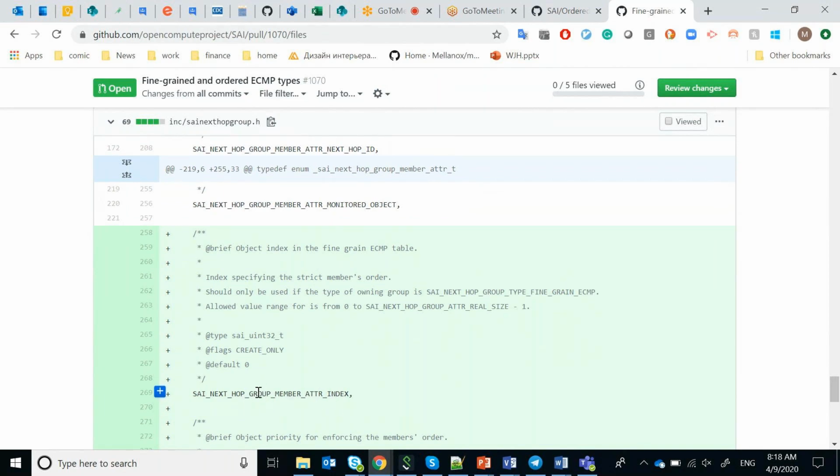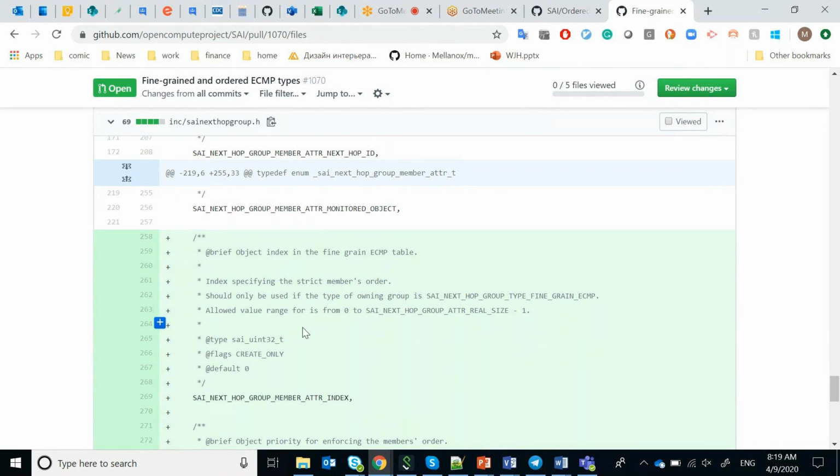The first one is next hop group member attribute index. It should be used only with the fine-grained ECMP group. The valid indices are from 0 to real size minus 1, of course,